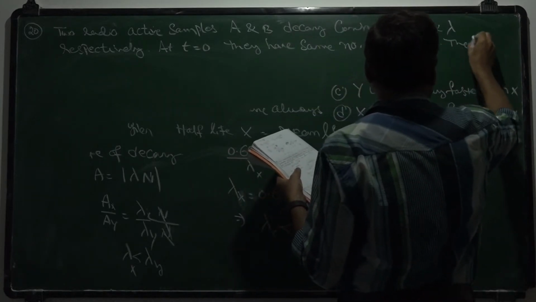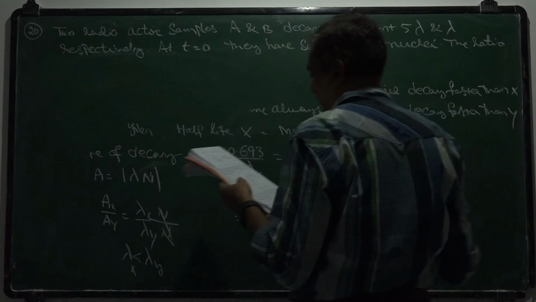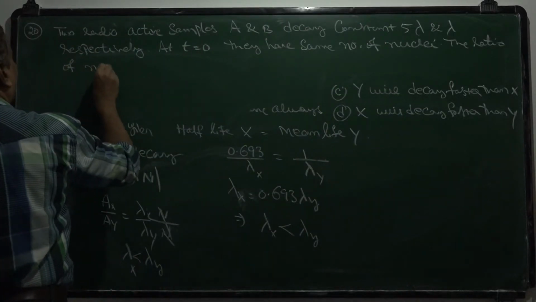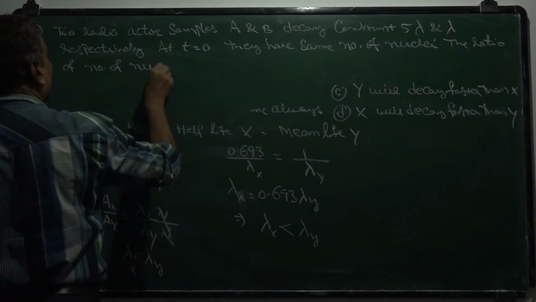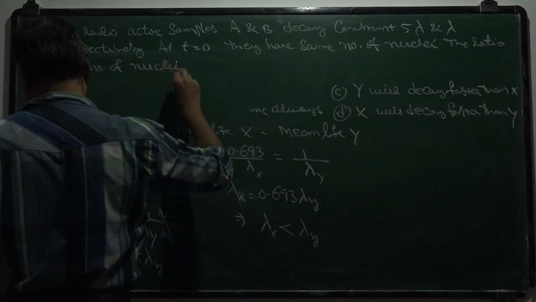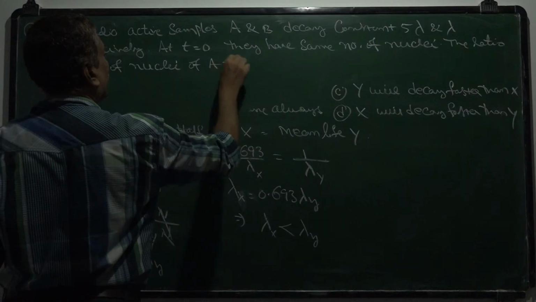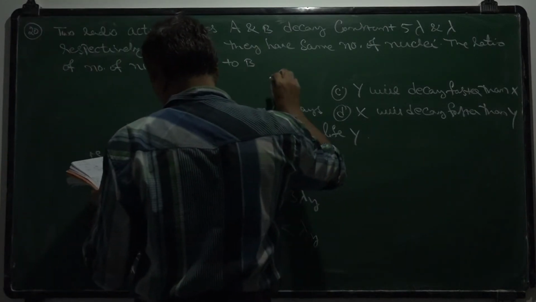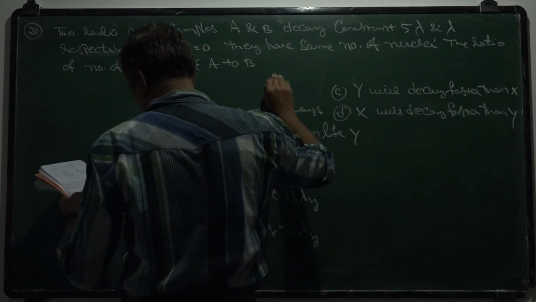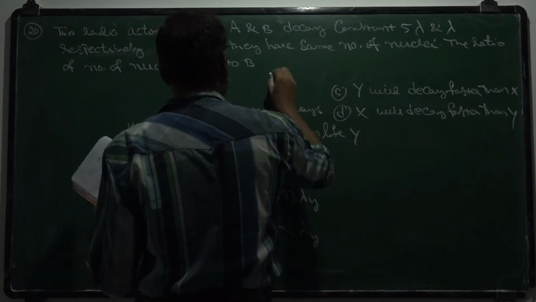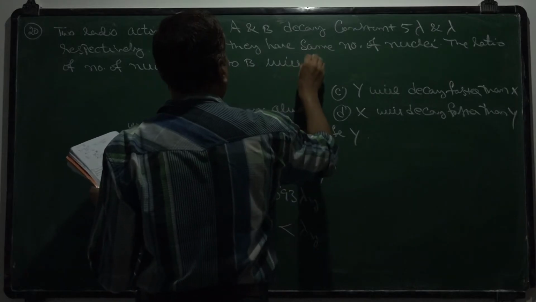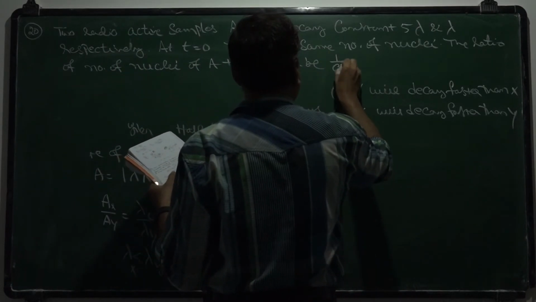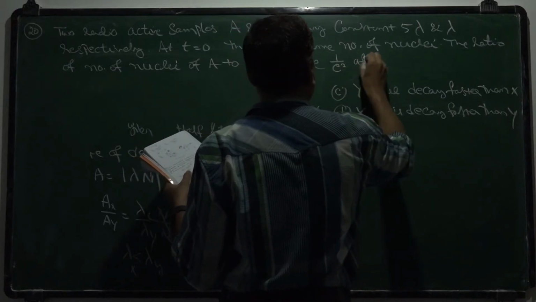The ratio of number of nuclei of A to B will be 1 by e square after a time